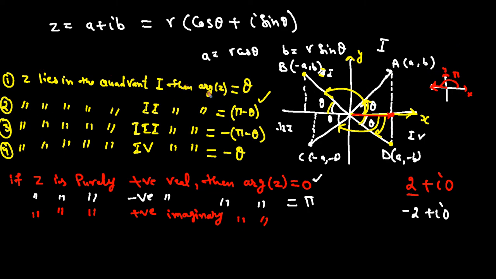So how can you write a positive imaginary complex number? That means the real part is 0, but this is 3i, right? So how can you draw it? If I draw it here,